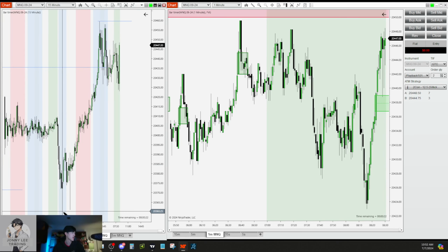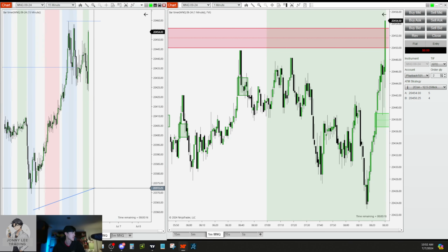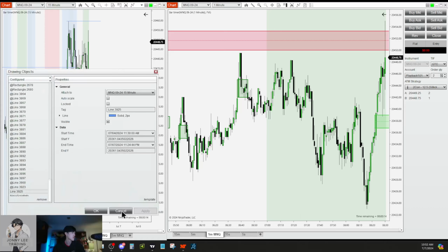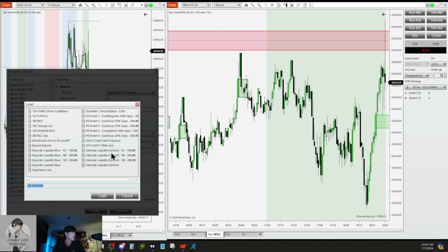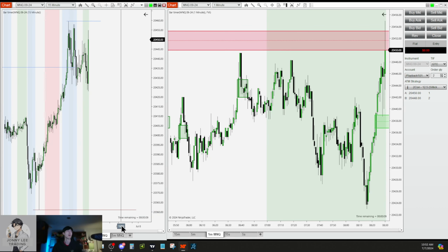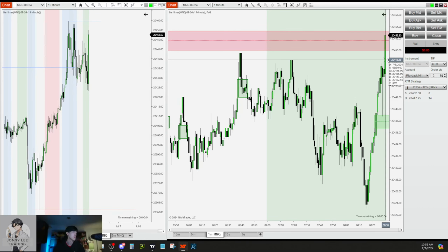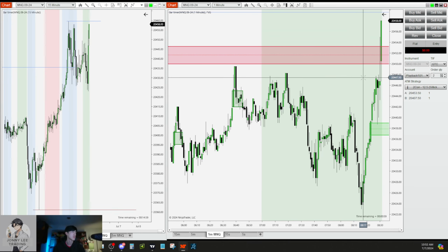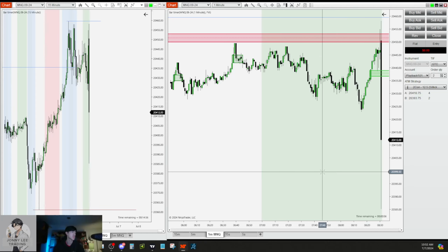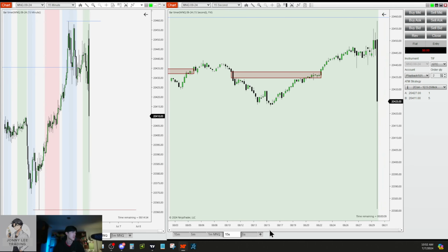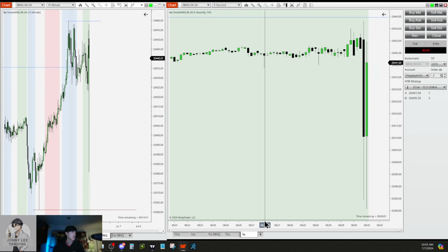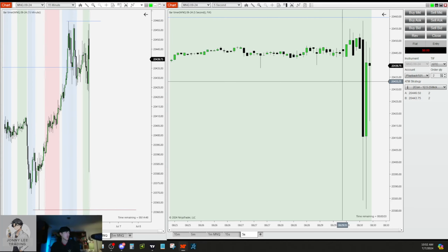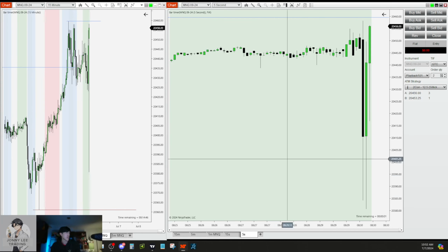So let's see, what do we have? We have a sell side liquidity down here. And right now, we see that it's 8:30. This is 8:30's candle. So we see that this movement is happening here. We can see it on the 15-second chart. We can see it on the 5-second chart as well. So each of these is doing exactly what it would